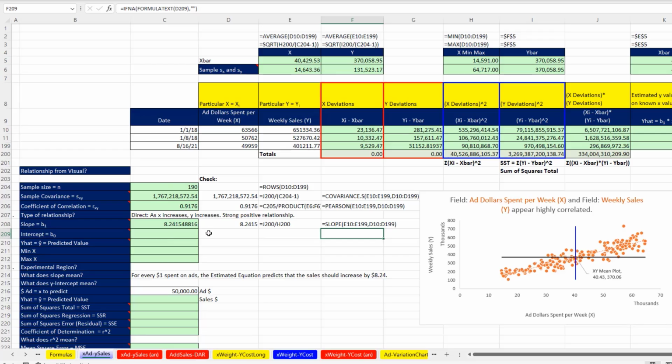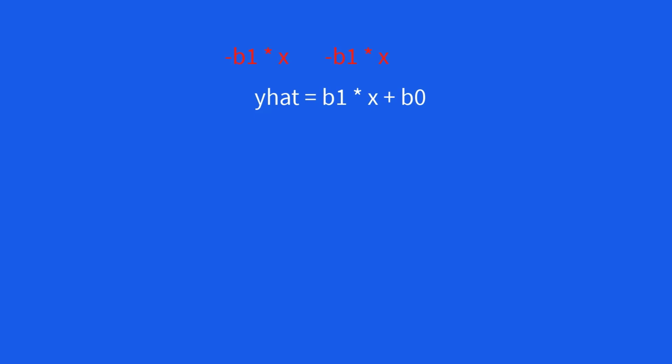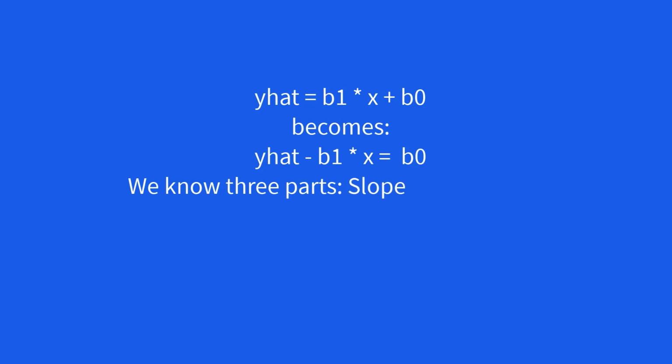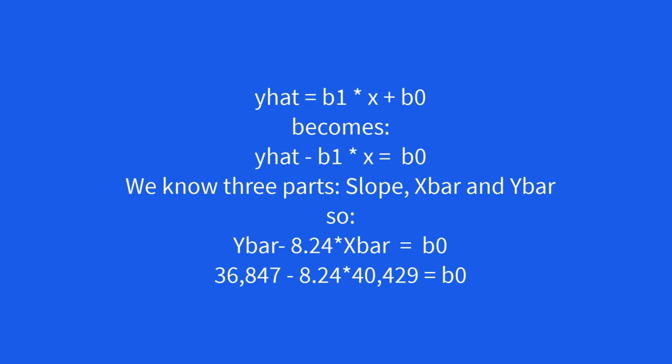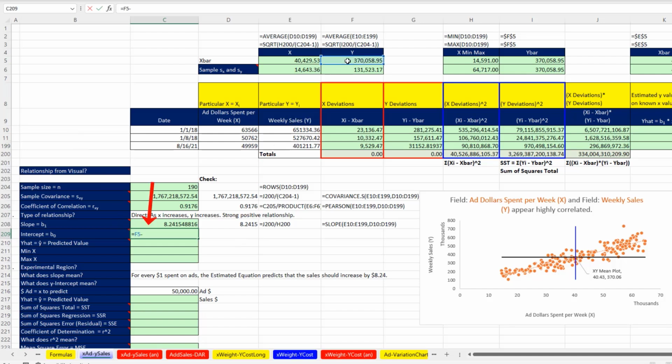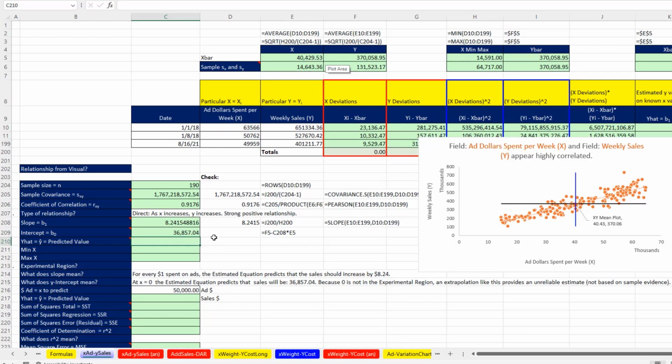Now, conveniently, once we know slope, and we also have a marker on the estimated line, notice that x bar and y bar are both on the line. From our equation, if we subtract slope times x from each side, we get this. And since we know slope and 2 points on the line, x bar and y bar, we plug those in to solve for intercept. So that's what we're going to do. Equals y bar minus slope times our x value, which is x bar. And when I hit enter, we have a y-intercept of